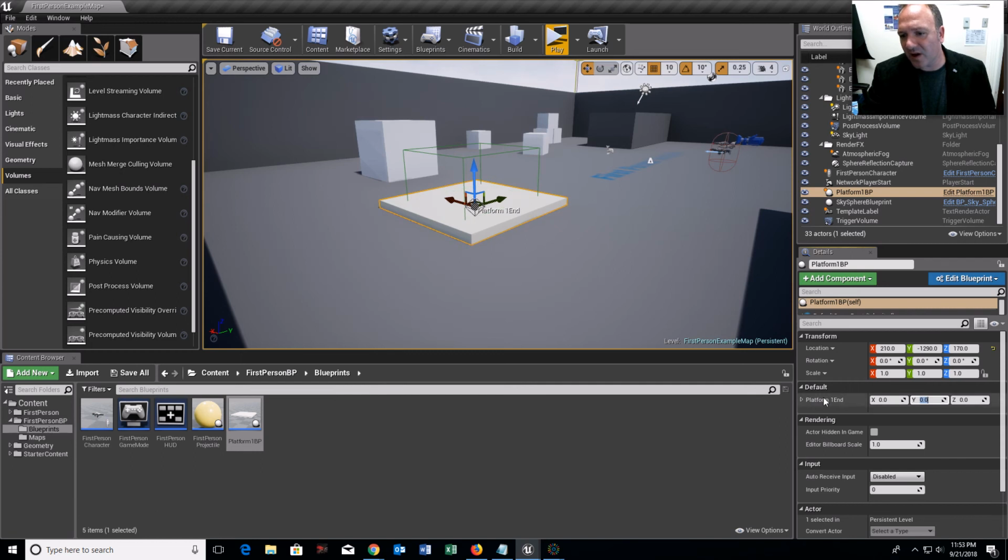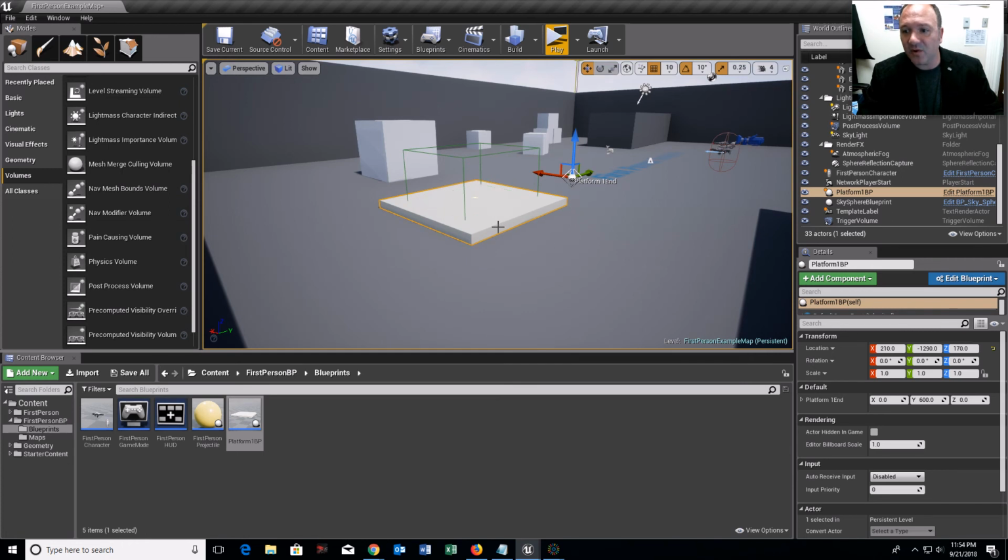So right now we've got our platform one end widget that's at 0, 0, 0. I'm going to hit Control Z, but it wasn't at 0, 0, 0. Notice if I move this widget 600 units to the Y, right?